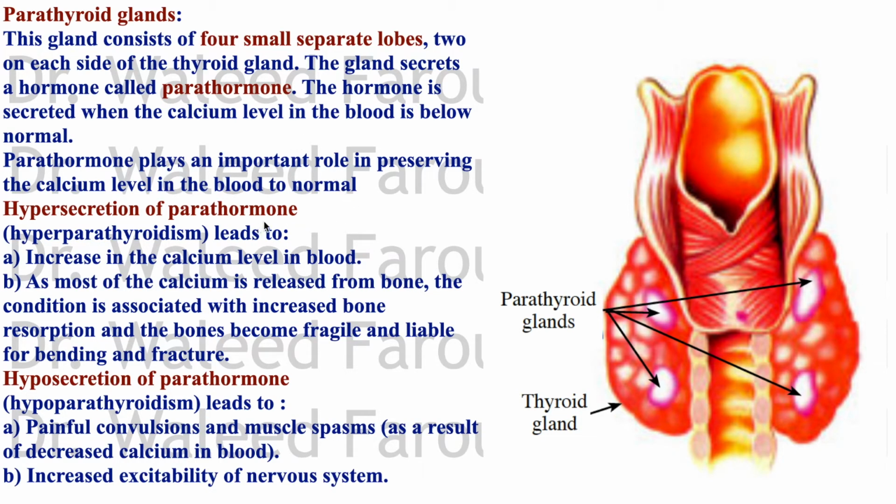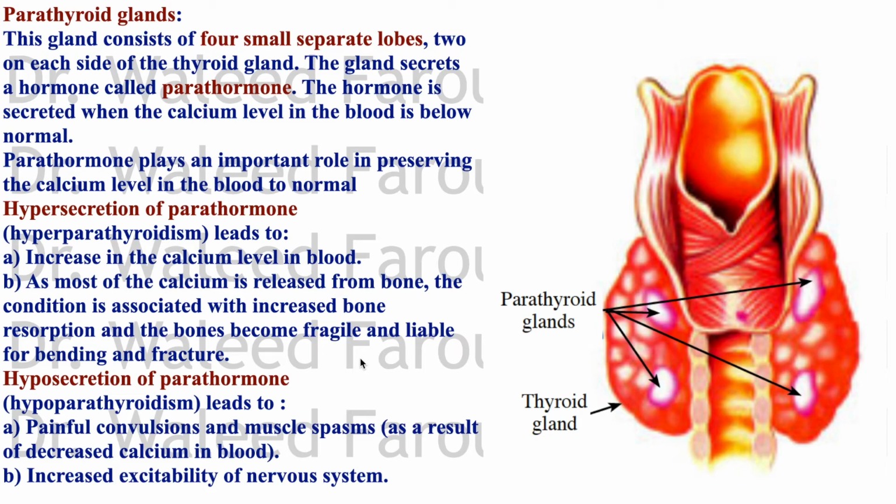Hypersecretion of parathormone اللي هو الhyperparathyroidism leads to increase in calcium level in blood. بزيادة في الكالسيوم level in blood، والكالسيوم يبدأ يترسب في بعض الأورجنز ويعمل حتى زي أحجار أو ترسبات، يعني ترسبات كالسية. إيه تاني؟ Most of calcium is released from bone, and there is bone resorption. بيبقى فيه هشاشة للعظم، بيبقى فيه قابلية أكثر للعظم إنه